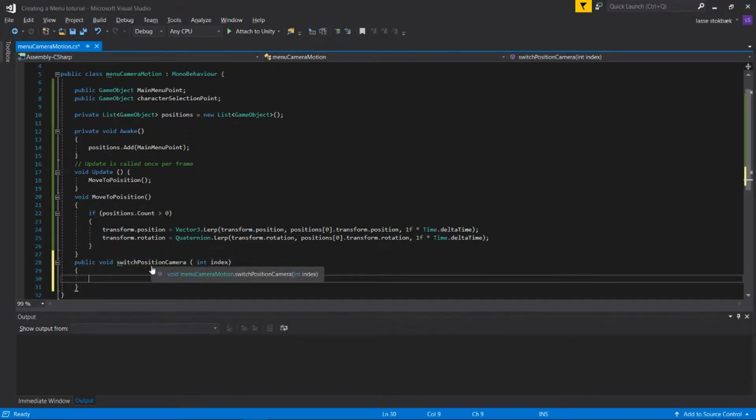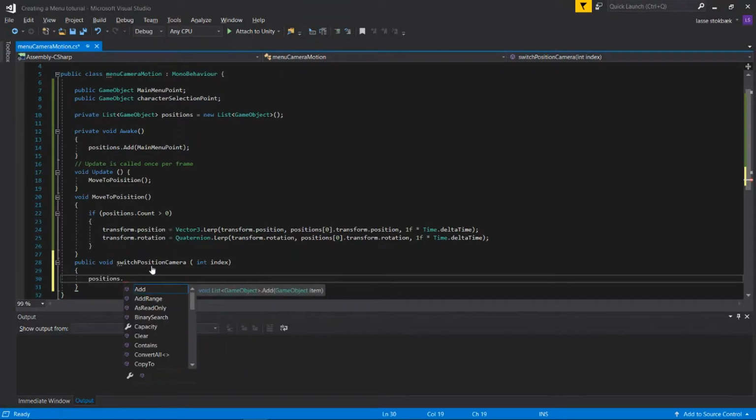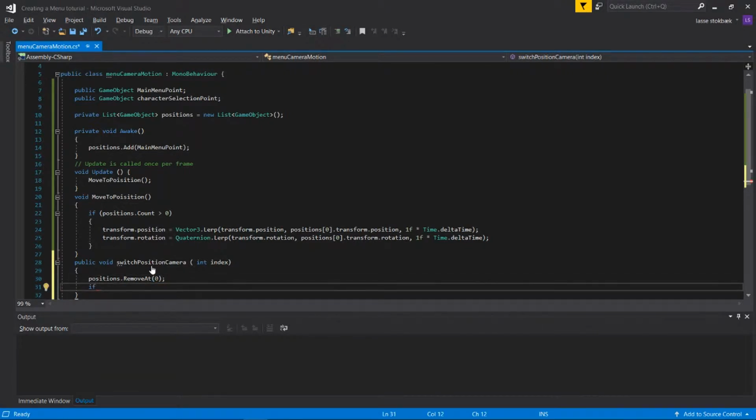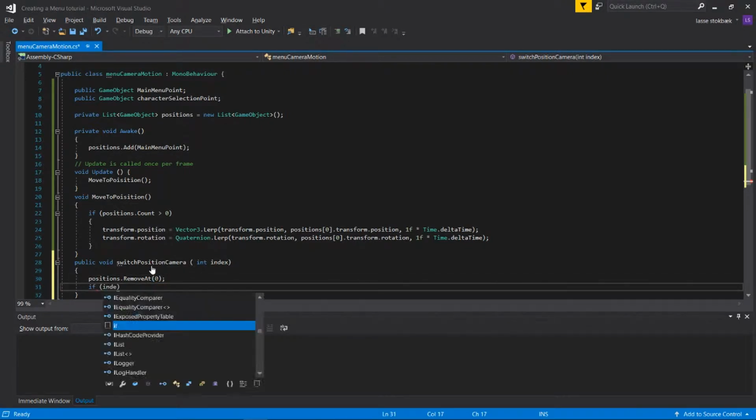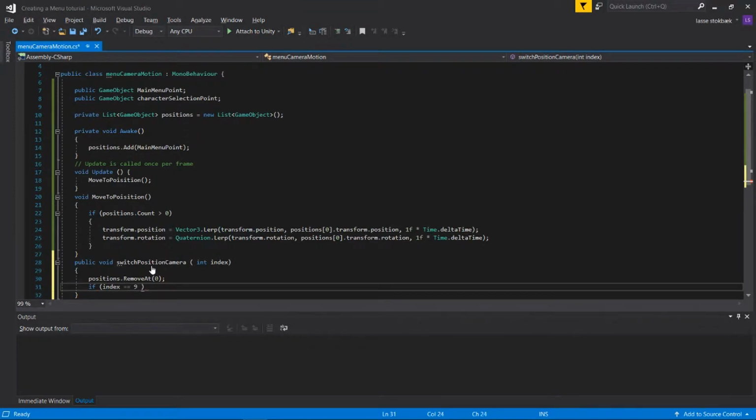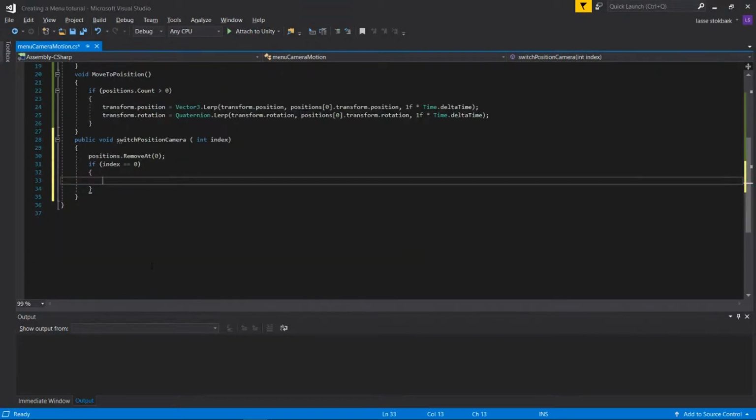So we're gonna start like this, and positions.Remove at 0. I'm just gonna write this, and then I'm gonna explain what it means. So index equal to 0, and then we're gonna write